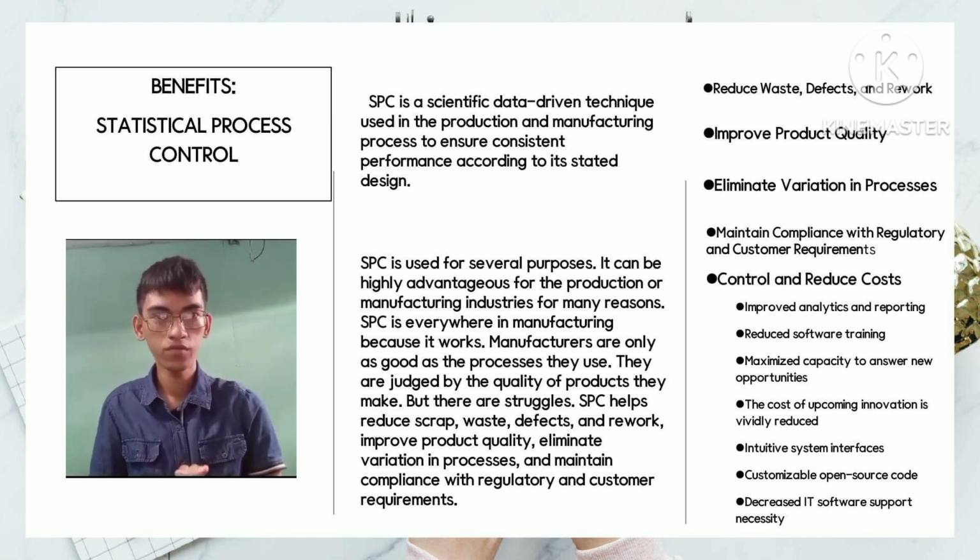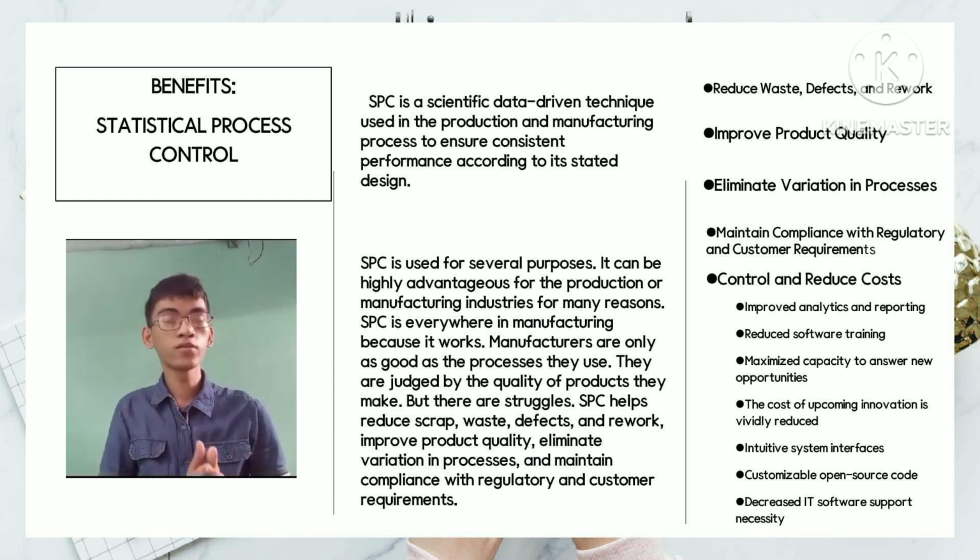SPC is everywhere in manufacturing because it works. Manufacturers are only as good as the processes they use. They are judged by the quality of products they make. But there are struggles. SPC helps reduce scraps, waste, defects, and rework, improve product quality, eliminate variations in processes, and maintain compliance with regulatory and customer requirements. First is reduce waste,